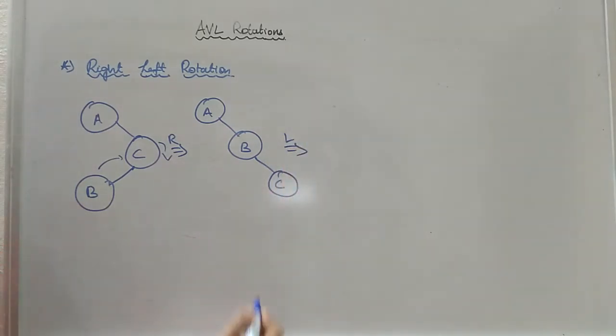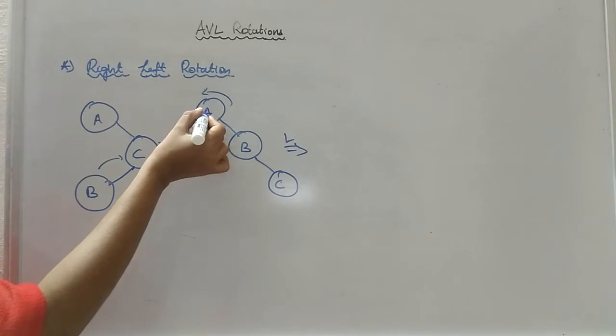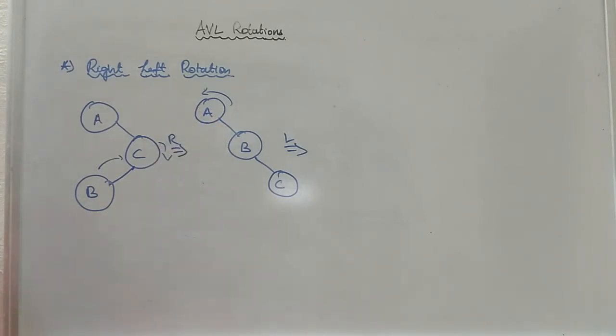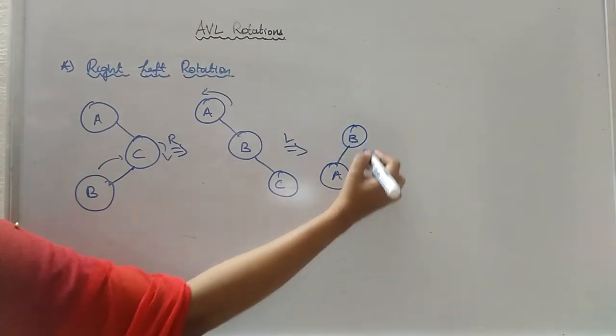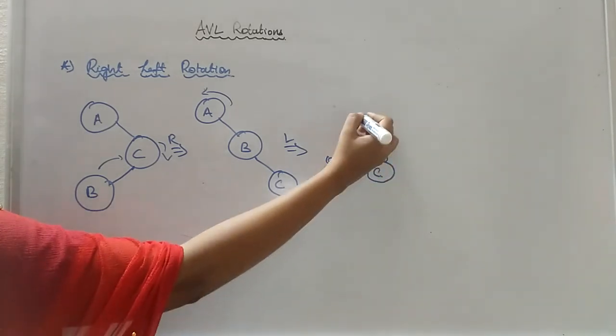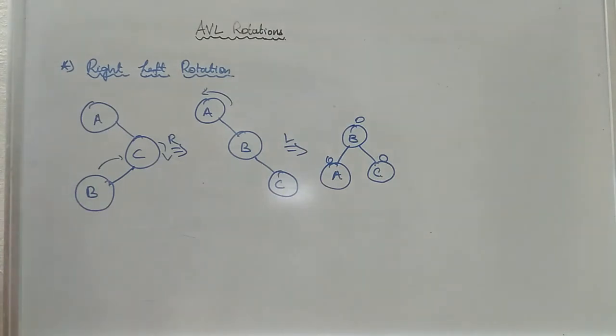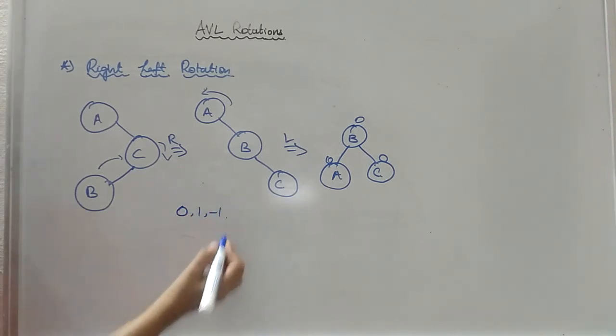So here you have to perform left rotation, which means you are just going to push down this A onto the left hand side. Okay, so you will have B here and A will appear here and C will appear here, and the balance factor for these nodes will also be 0. Please don't think that I'm getting 0 for all the nodes. You don't think that 0 is the value to be achieved. Actually, balance factor can have the value either 0 or 1 or minus 1.